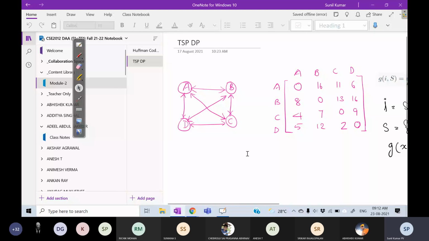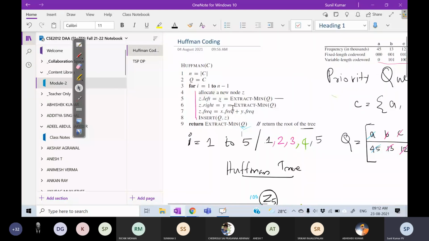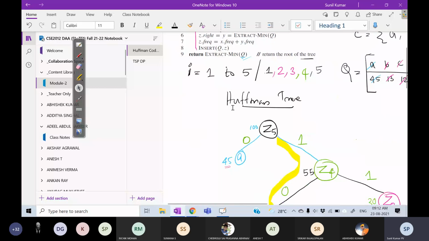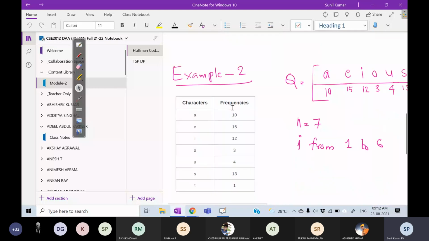Because the explanation is explanation by example, we need board and chalk. Anyhow, let us go to the next problem without wasting time. I trust that you will be doing the second example by yourself. I won't be insisting on it, but it will be good practice for you. Here we have more letters, so the code word length will also be more. So this example all of you must do.